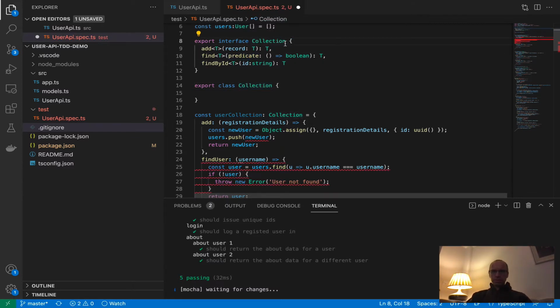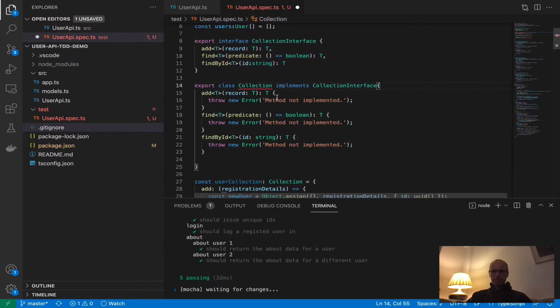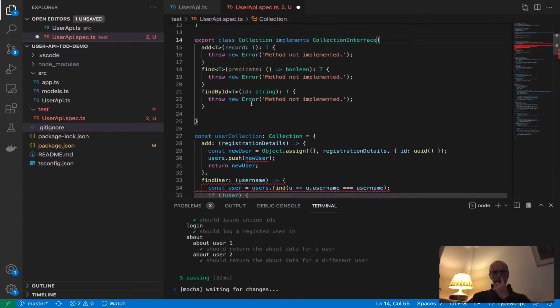In fact, I'm going to call it collection interface, and that's going to implement collection interface. Fix, implement all of those. That's good. And we're going to say here